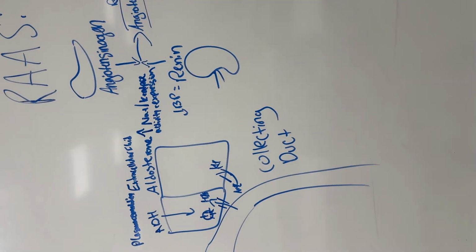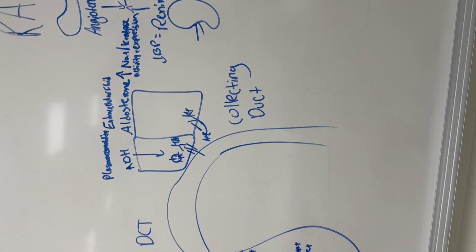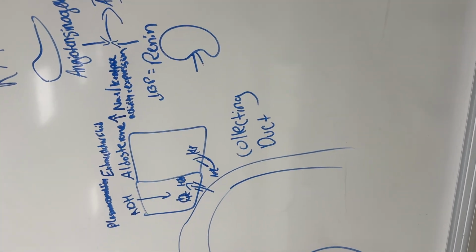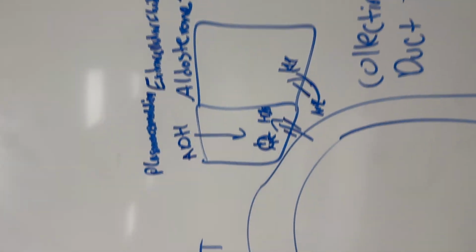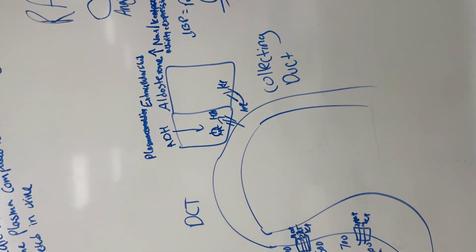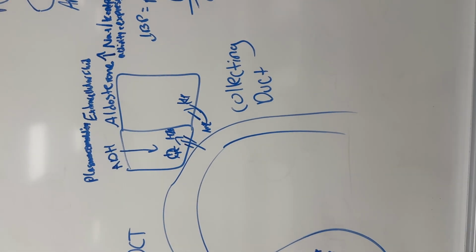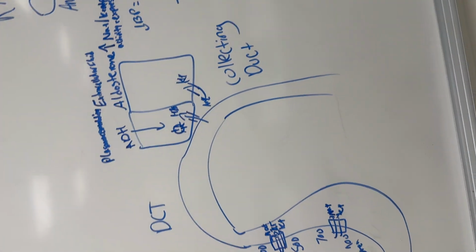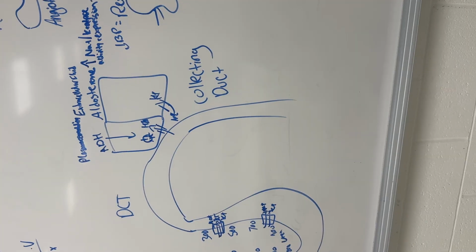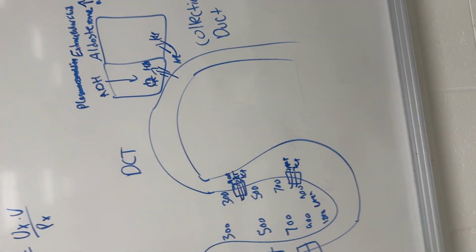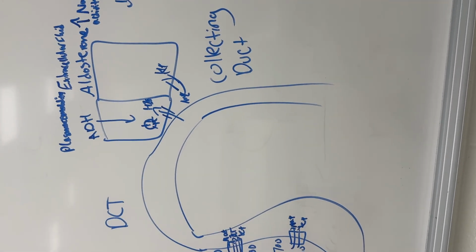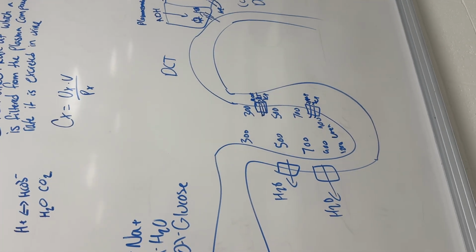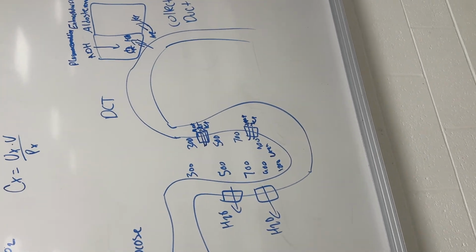And then we have aldosterone, which is going to increase the activity of and the expression of the sodium-potassium pump. So that is going to move more sodium into the extracellular fluid and into the blood. And then naturally water will follow, right? So what that is going to do is decrease the concentration of our urine, or it might keep it the same if water moves. And then we have our loop of Henle and our ascending and descending tubules. And so this creates something that is known as